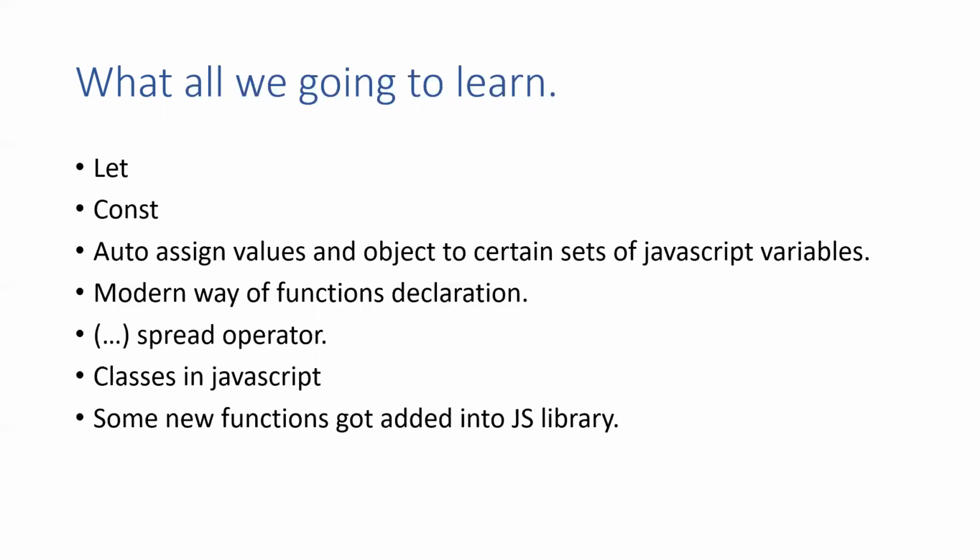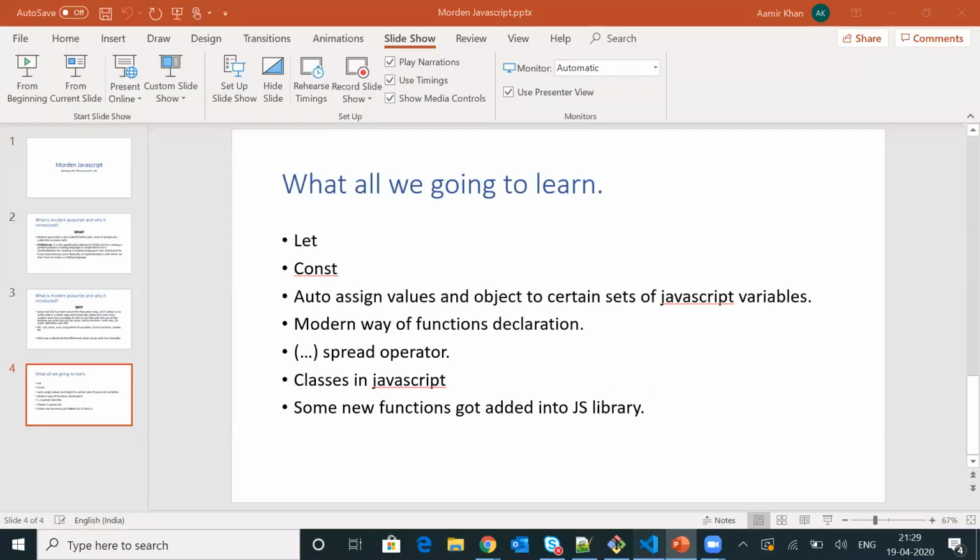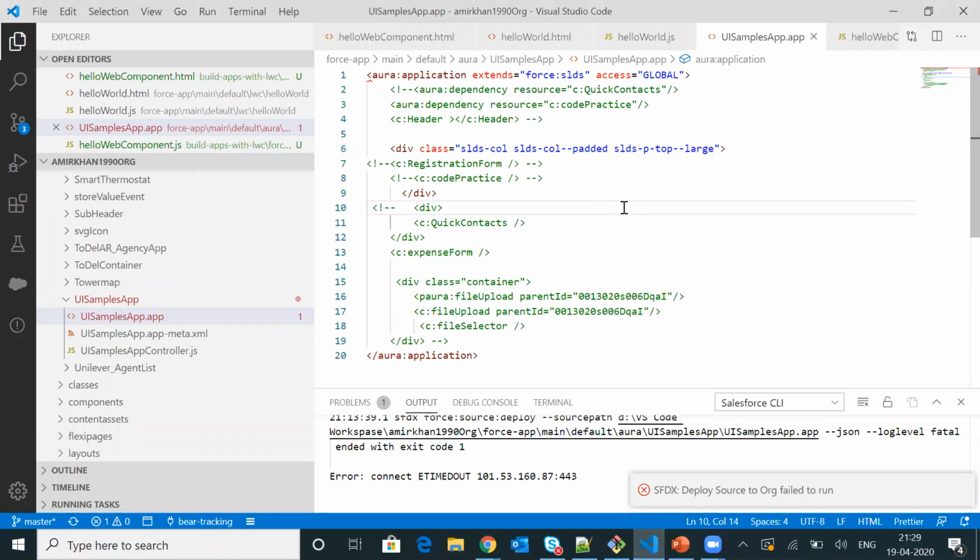And within the Lightning web component, we will be simply adding a few lines of JavaScript and calling that JavaScript into the LWC HTML part. In the next tutorial I will be uploading all the tutorials with respect to the points which we have listed here. Now let me move ahead to my VS Code. I will be using the VS Code editor to perform these live coding sessions.